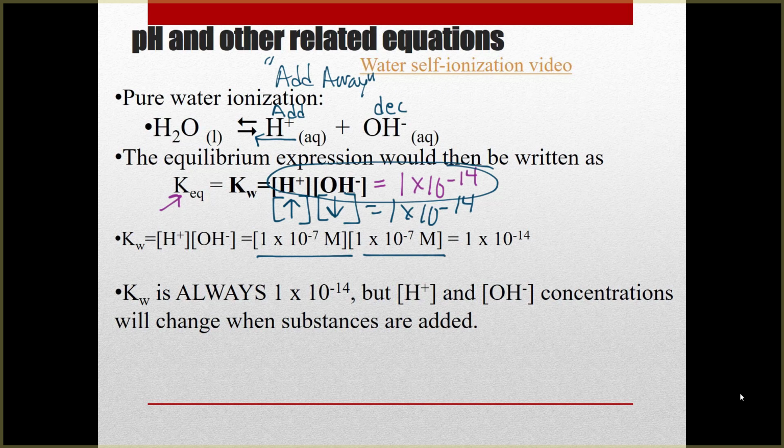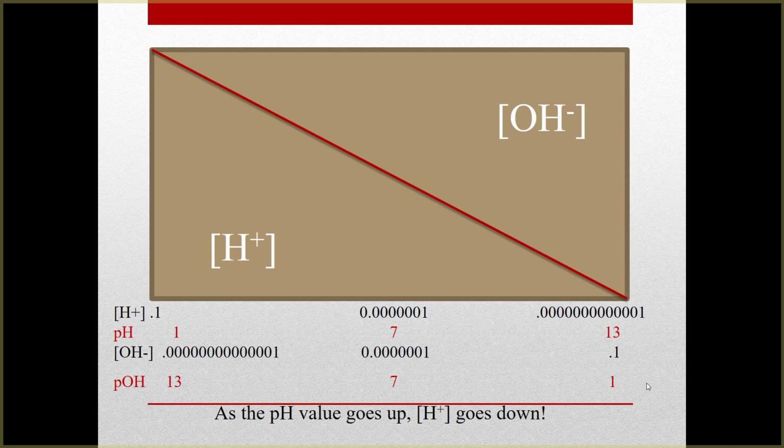We see that they're the same. We see that they will be equal to each other. And that's because they're formed at the same time. One water molecule loses a proton, and I'm going to get equal amounts of hydrogen and hydroxide ions. So in my container of water, right here, I see that I have equal amounts hydrogen ion and hydroxide ion at this point. And I can write that ionization of the hydrogen ion like this,